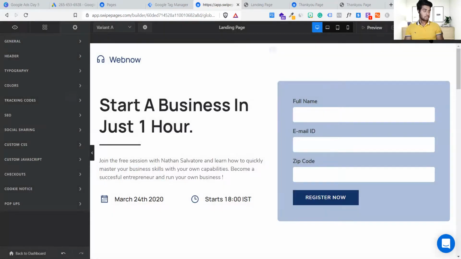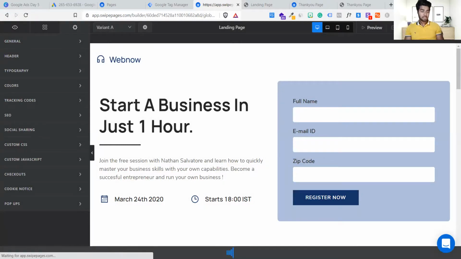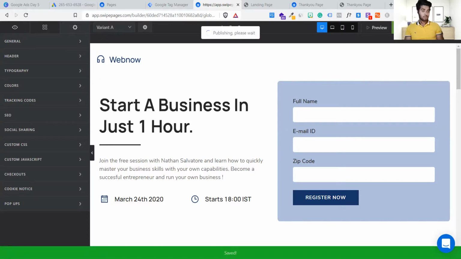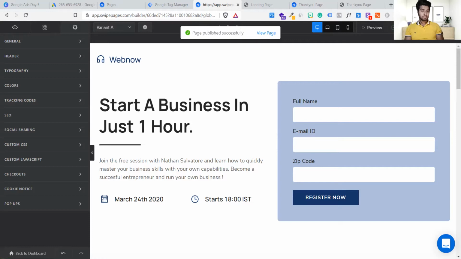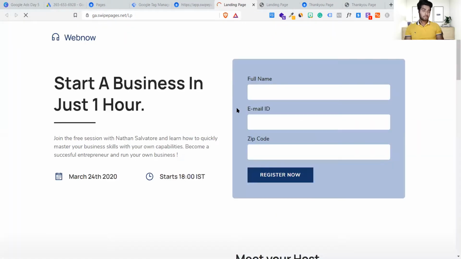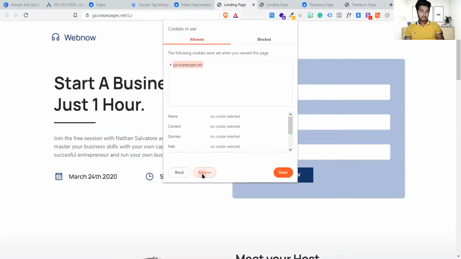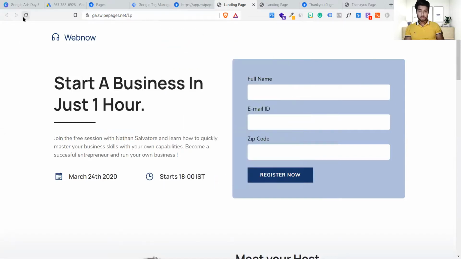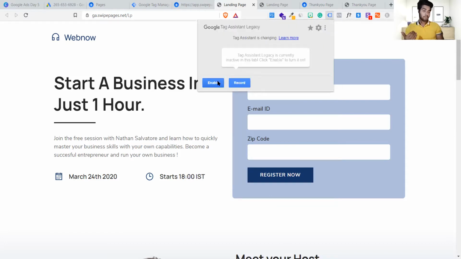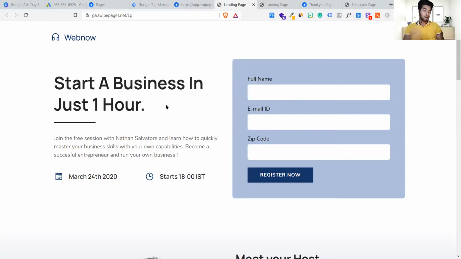Now cross this, save this nicely. Make sure it gets saved, otherwise it will not reflect. Now click on publish. Now I'll show you the one major problem people often forget. Let me just clear the cache memory, so our tracking is fine. Okay, all right. So guys, as we have already seen, Google Tag Assistant earlier denied that it has any kind of code. So we're going to click on this and enable this. Now let's see whether it has a code or not.